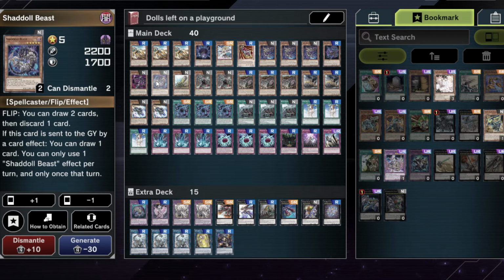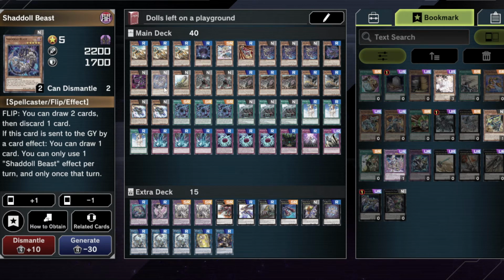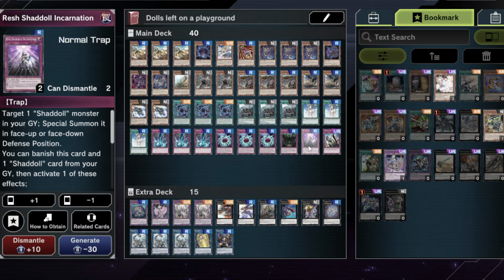And one Beast could go for 2, but I feel like 1 card for the draw is neat. You can summon it off Wendy, which, getting a draw 2 and discard 1, can also come in really handy. And then 1 Shaddoll Incarnation, the trap, which you don't have to run, but since Skomata can send it,